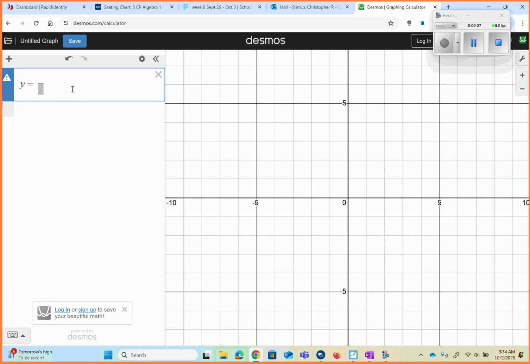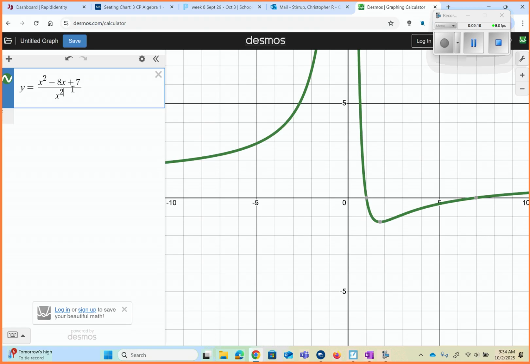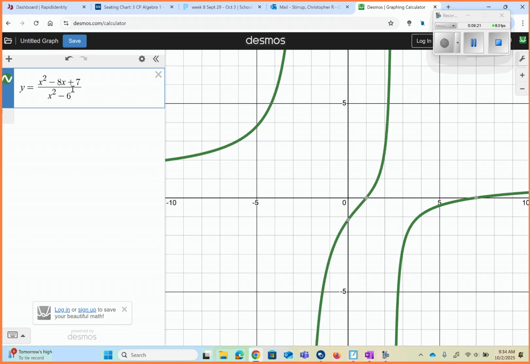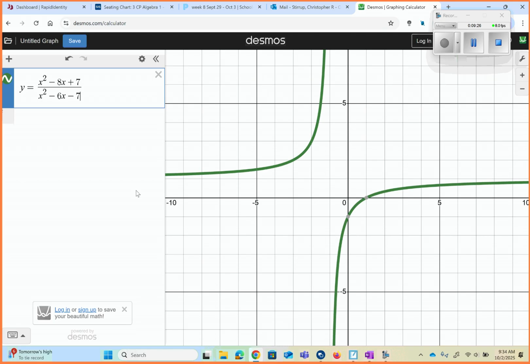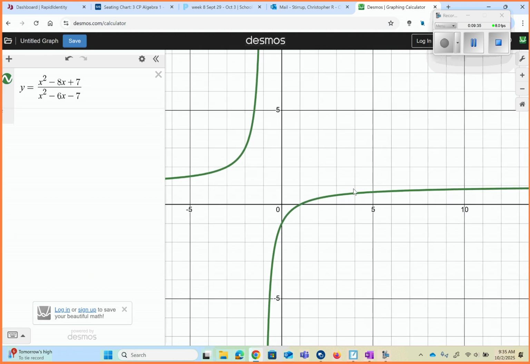So we're going to go x squared minus 8x plus 7 over x squared minus 6x minus 7. And we want to know what is taking place as our limit gets to 7. Okay. So as I go to 7, and this is from both directions,